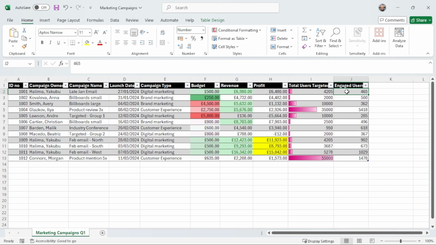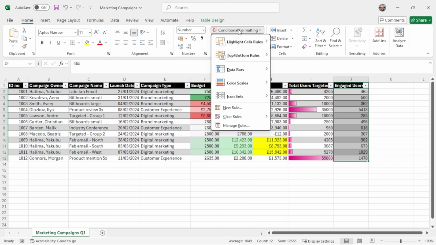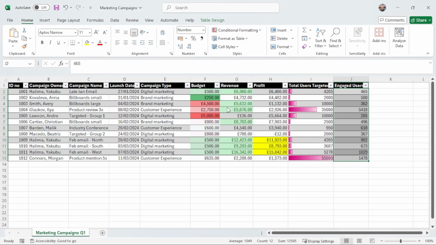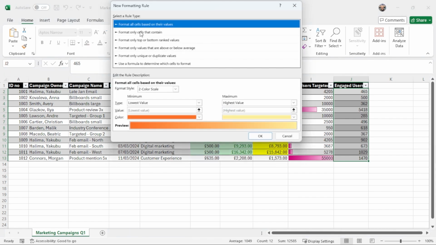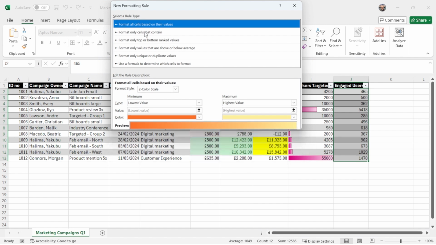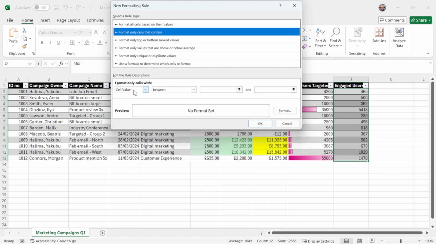It is also possible to create a custom rule. Let's add one to our engaged user column. We go to Conditional Formatting and select New Rule. Let's highlight cells between 2 values. So we choose Format Only Cells that contain, then Cell Value,